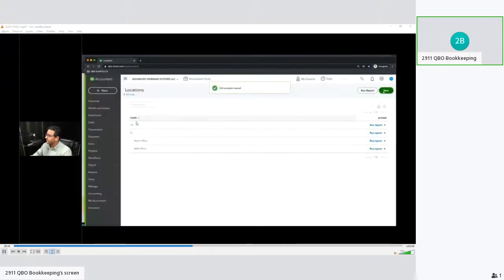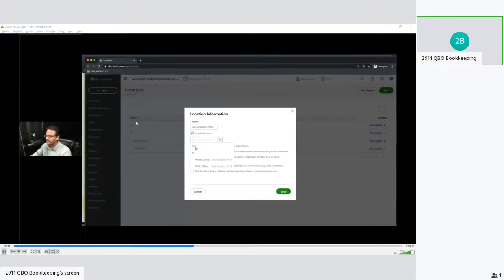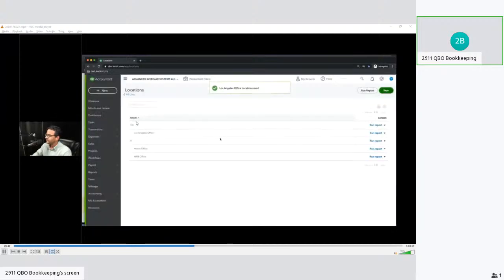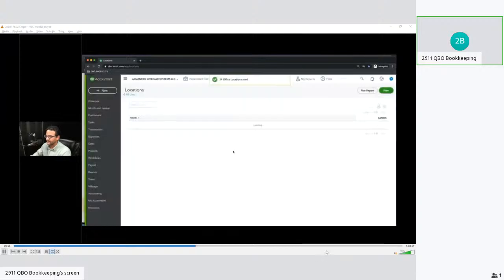location called California. Just type CA. And then I'll create another called LA, so Los Angeles office, and make that a sub-location of California, an extra A in here, and then click on Save. And then I'll do my San Francisco office. I'll put SF office and make that a sub-location of California, and then click on Save. So now I got my locations broken down by sub-location, which also will make it pretty interesting for